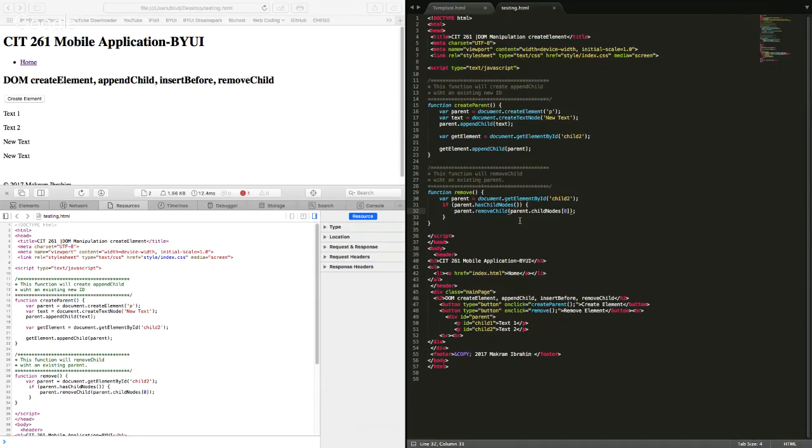Let's see. If parent dot has dot. See, I'm not real familiar with how these work either. Yeah, I just looked and I got some examples from W3 Schools. So how to create a parent and you create a child, a new text, and then at the same time you can remove it by having the remove child command. Oh, the has child command, and then you can have parent child nodes inside the parentheses.